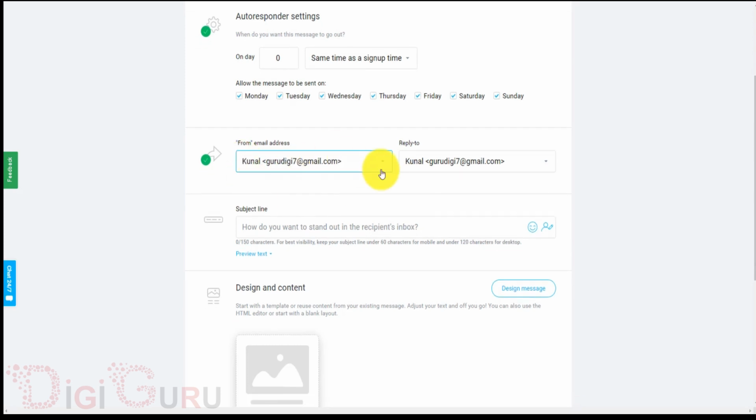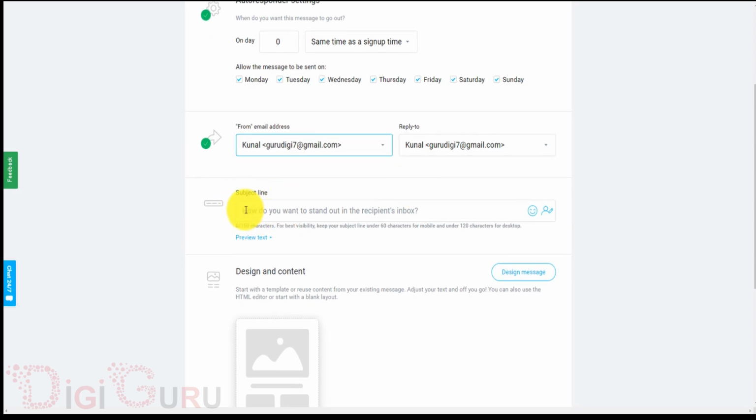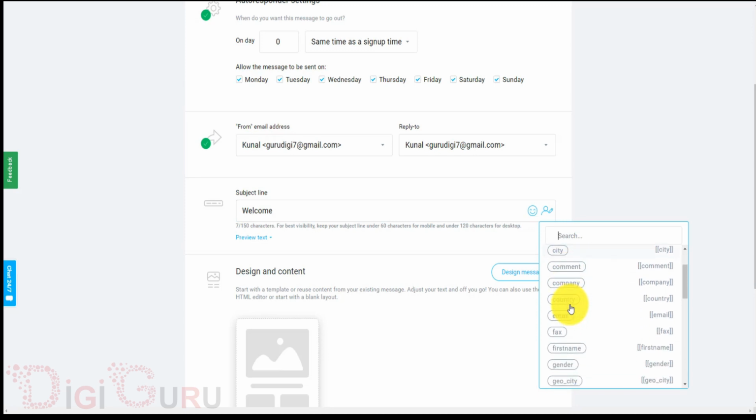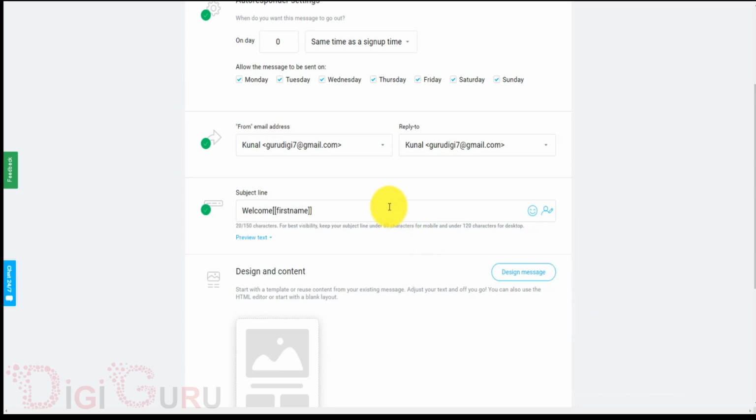Once I have selected the email ID, the next thing is again the subject line. The subject line acts very similar to the newsletter when we were designing. Indirectly, in an autoresponder also, we are sending the emails only, the newsletters only. You can make a specific heading. Because this is kind of a welcome email, I'll just welcome the person, I'll write his name out here, I'll take his first name, and give a little space between welcome and his name. So suppose it is my name, it's saying welcome Kunal